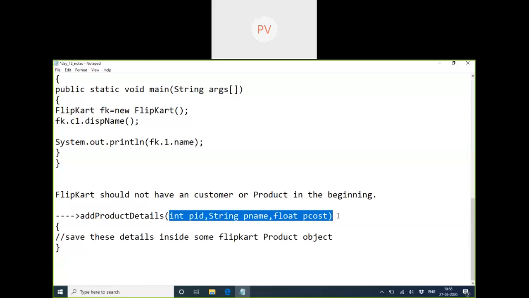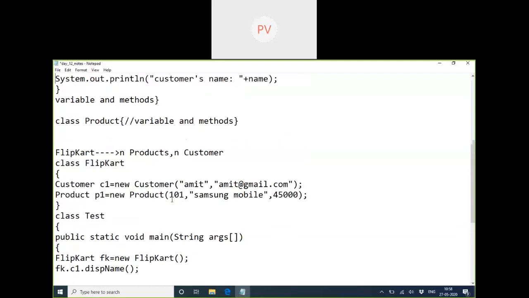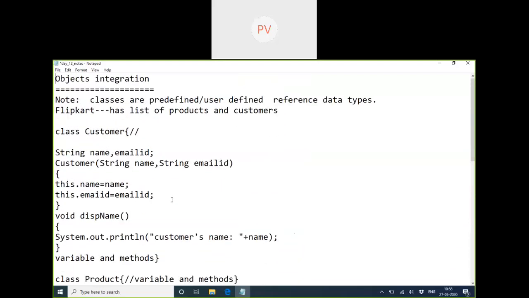Okay, but before that, when I discussed earlier, the cart should have a list of products and customers.